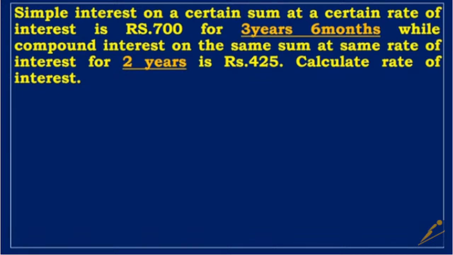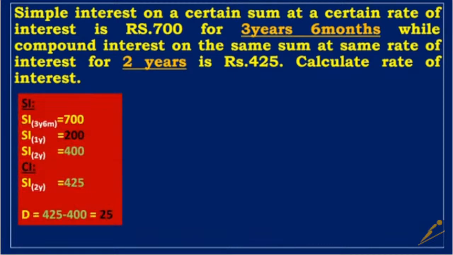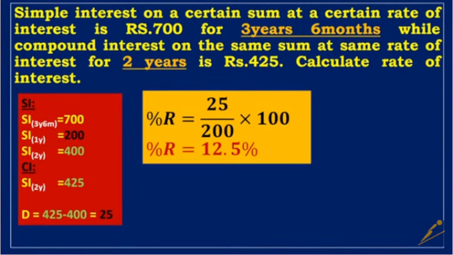The simple interest for 3 years and 6 months is 700 rupees. The simple interest for 1 year becomes 200 rupees. The simple interest for 2 years is 400 rupees. The compound interest for 2 years is 425 rupees. The difference between compound interest and simple interest is 25 rupees. Applying the rate of interest formula, the ratio between the difference between compound interest and simple interest per annum multiplied by 100 is